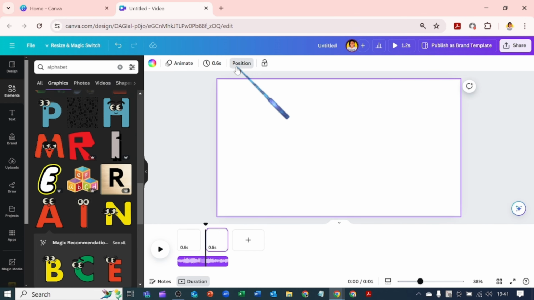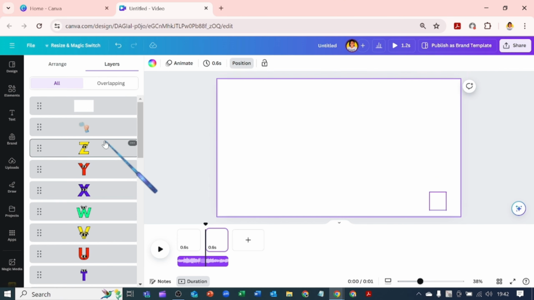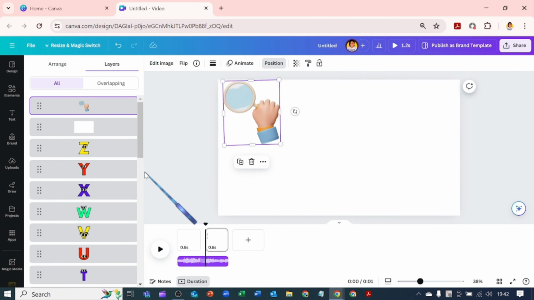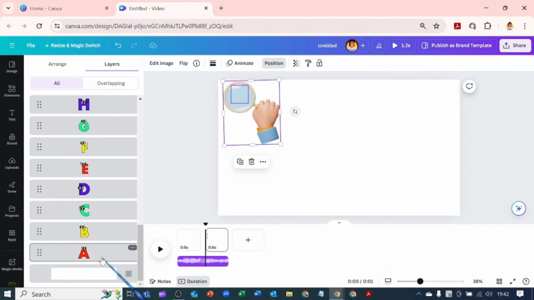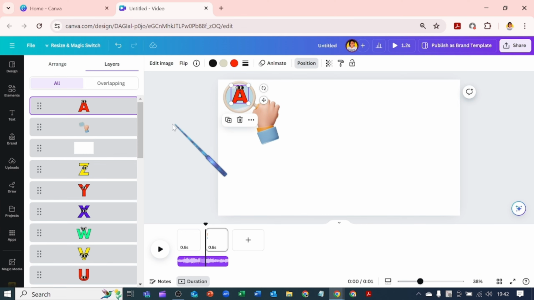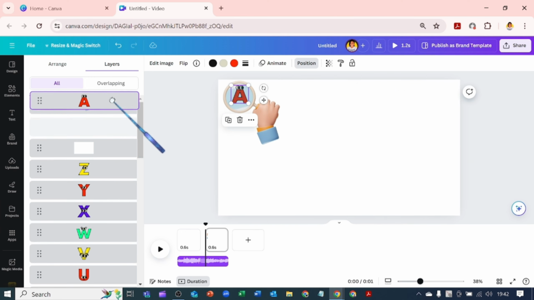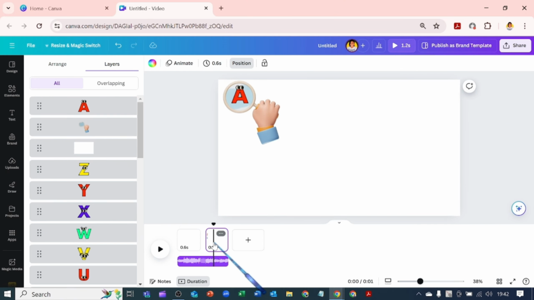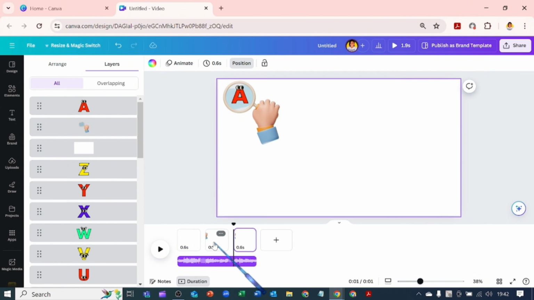So let's quickly go over to position. Under layers, we'll move the hand to come above the white rectangle shape we added, and we'll move the first alphabet up. You see that? Yeah, I want it to be on top of the magnifying hand so that the color is clear. Now we'll duplicate this second page and go to the layers again